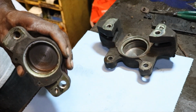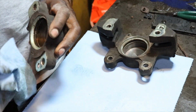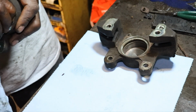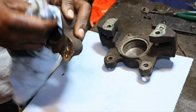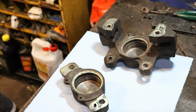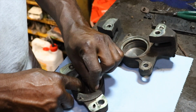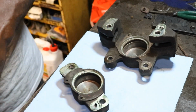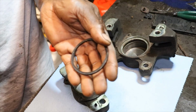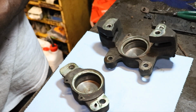So what I'm going to do, still got some dirt. Get all that crud out of there. So now we got our new seal that'll go inside. Then we got our other seal that goes on the top. So what I'm going to do